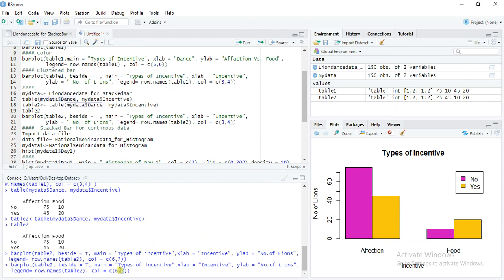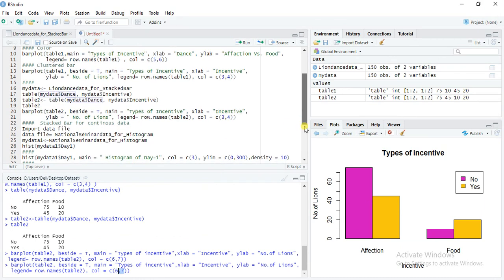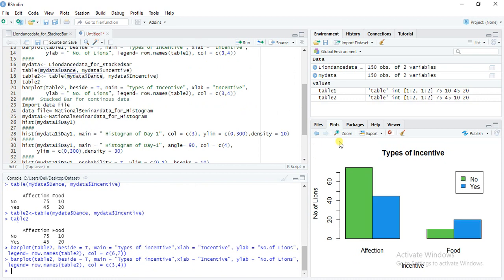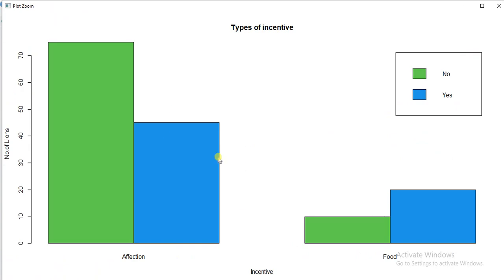I will write here 3 4, because in my script it is written 3 or 4. You can take any one, 3 or 4. So our graph will appear this way.